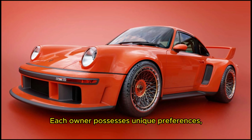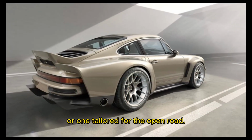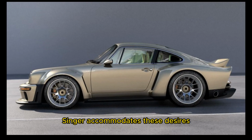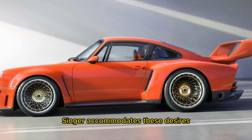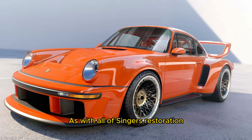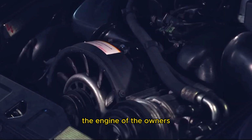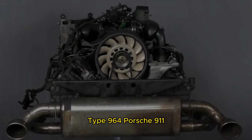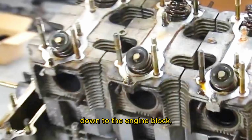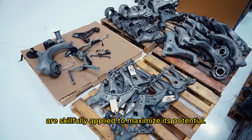Each owner possesses unique preferences, whether favoring a track-focused restoration or one tailored for the open road. Singer accommodates these desires, creating bespoke experiences that align with their vision. As with all of Singer's restoration and modification projects, the engine of the owner's Type 964 Porsche 911 forms the core. Beginning with a meticulous disassembly down to the engine block, high-performance components and modifications are skillfully applied to maximize